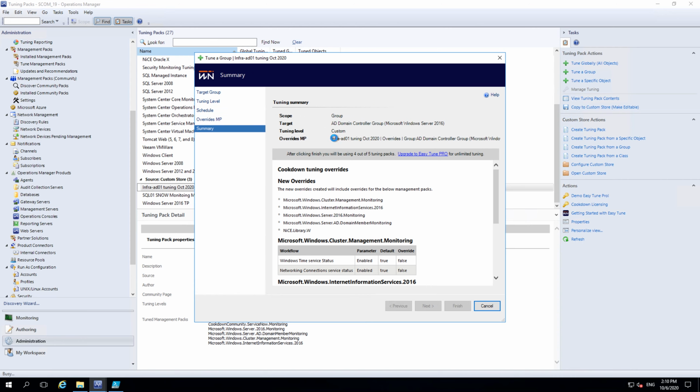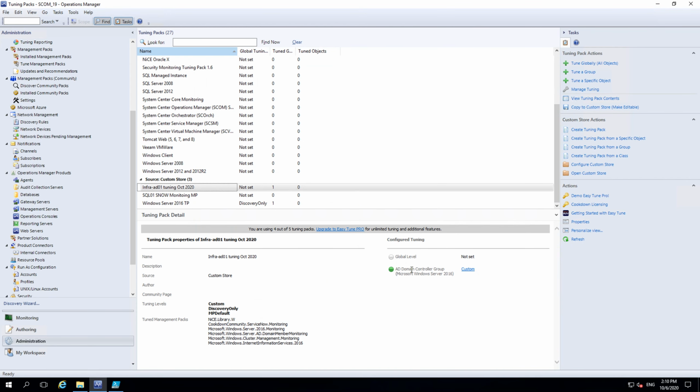The key thing here is, we've captured these overrides from a specific object, we've applied them to a group, and we've created a sensibly named management pack to hold the overrides. So no longer is there stuff in management packs all over the place or anything in the default management pack, assuming you go and clean up for that specific object that we captured the tuning from in the first place. Quite useful for capturing tuning from specific groups to apply to other groups. Now you can see here's the tuning we just set in effect,